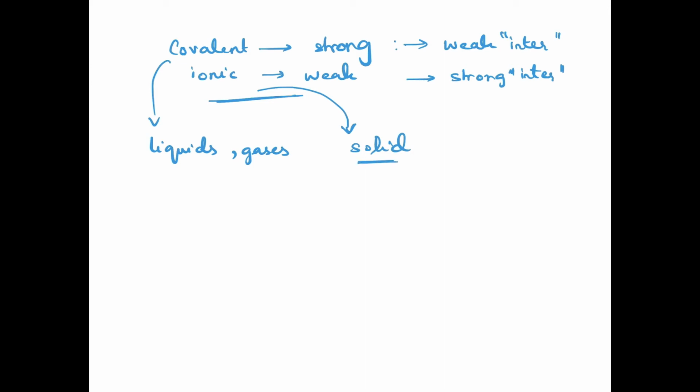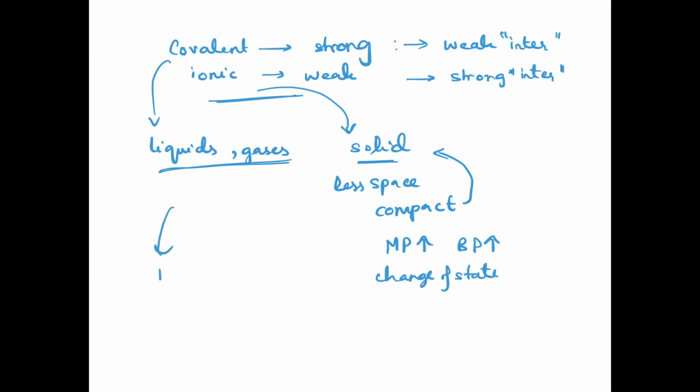That means there is less of intermolecular space, right? There is less space between the different molecules, and so they're more compact, and hence they get that solidity in them, which is not in the case of covalent bonds. This results in ionic bonds having a very high melting and boiling point, while covalently bonded molecules have less melting point and boiling point comparatively, and they have got a definite shape, which is not in the case of ionic bond. So these are the differences and how we classify these.